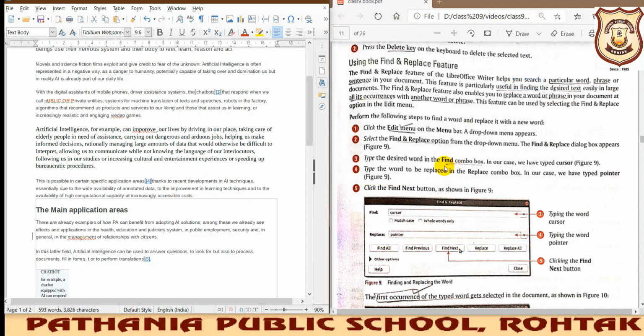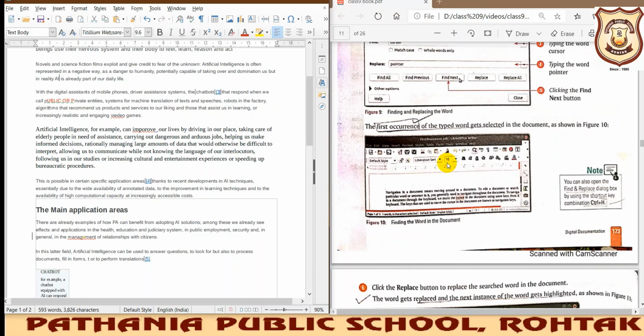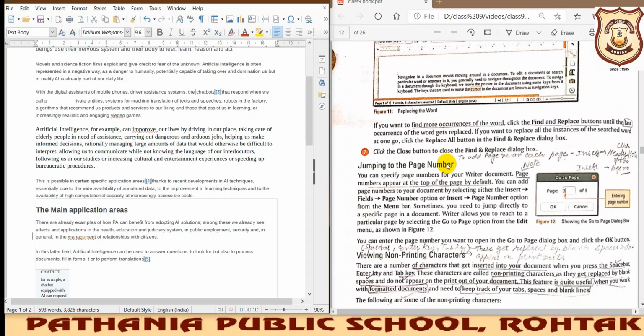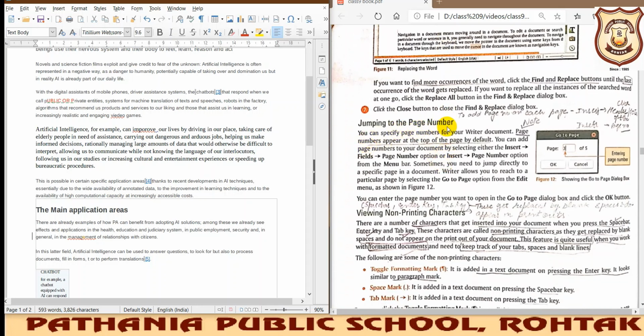So beta, next topic is jumping to the page number. How can you jump to a particular page number? See, in this document we have only 2 pages, you can see it from the status bar. If we have multiple pages in a document and you want to go to a specific page, for that we need to click on